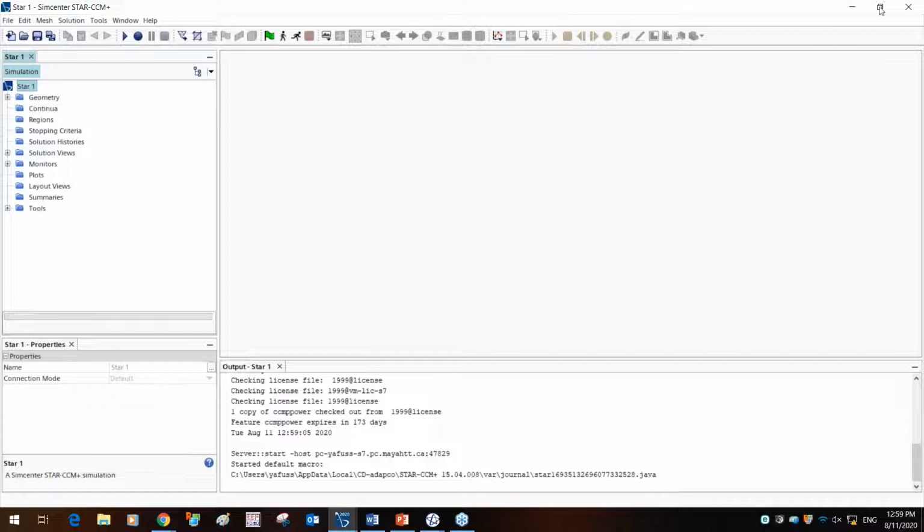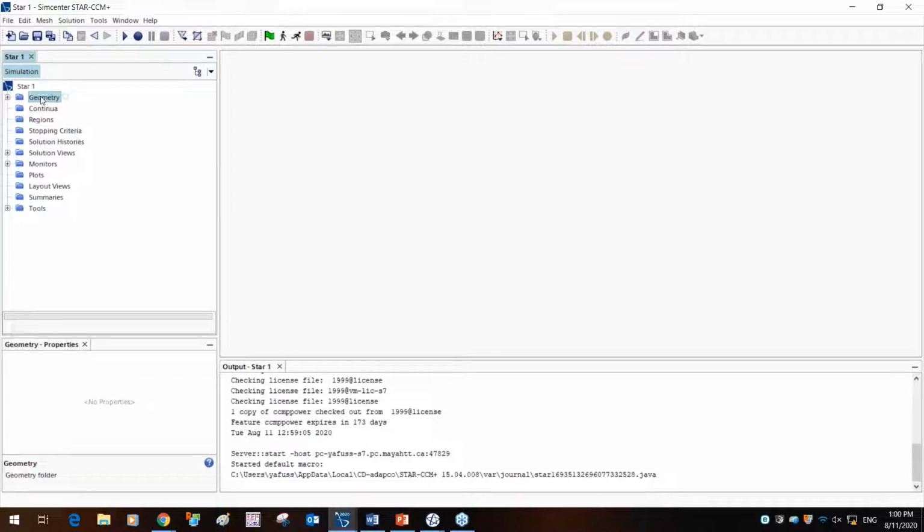So I'm just going to quickly run through the user interface over here and give you an introduction to what we're seeing. First things first, on the left-hand side, you will have the simulation tree, and this is essentially where we build our entire model. In this case, here are folders, and each folder is associated with different subdomains.